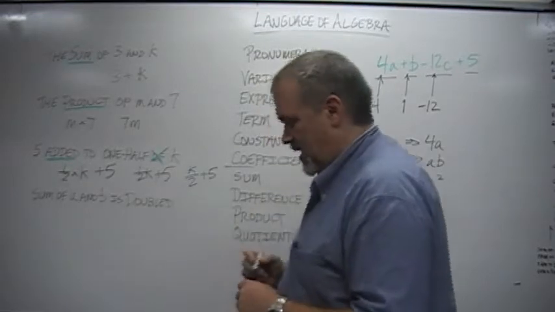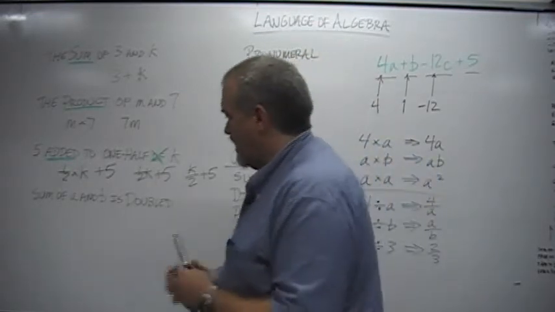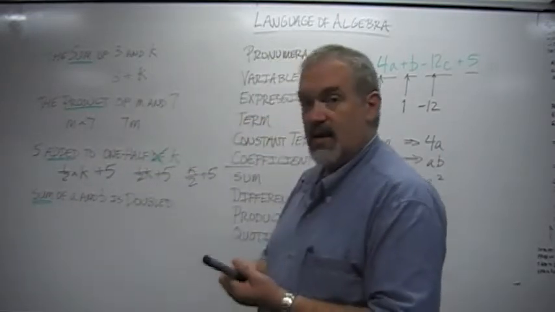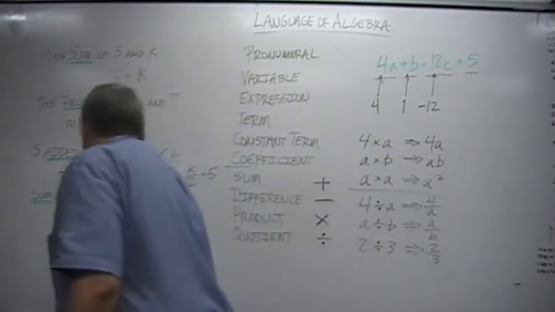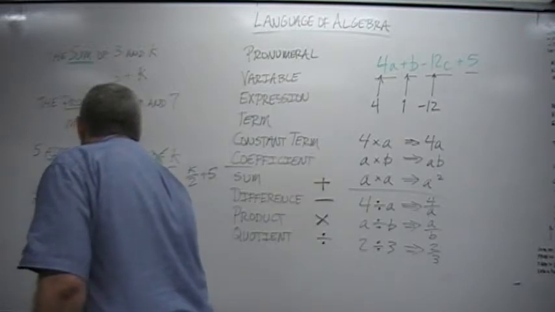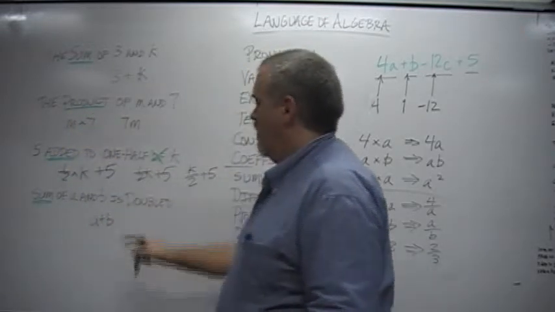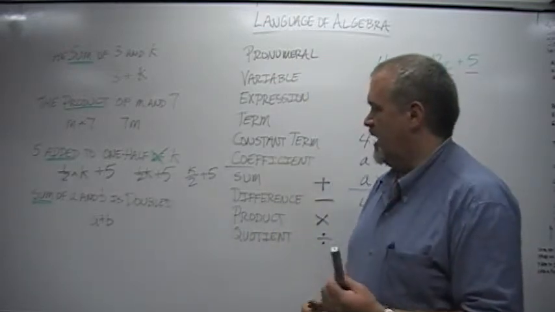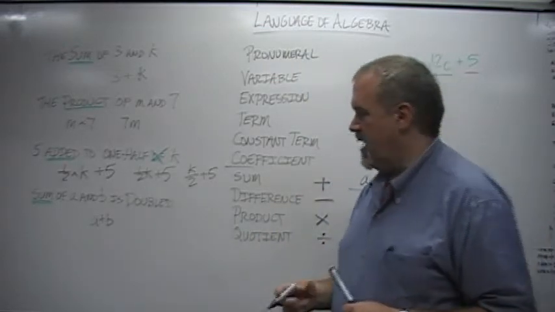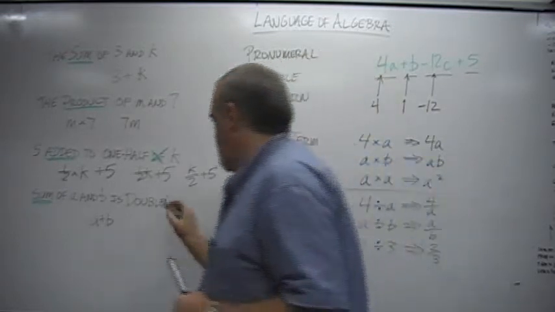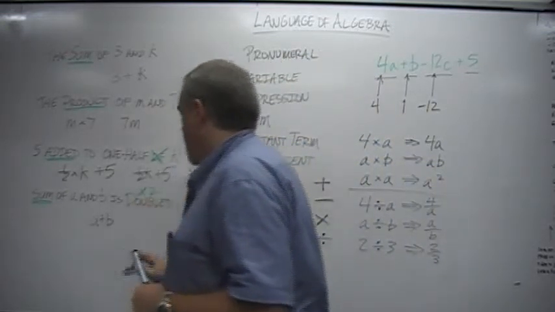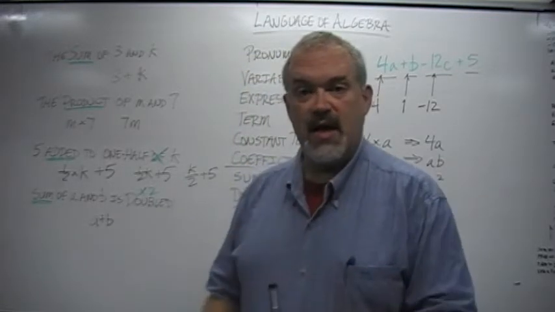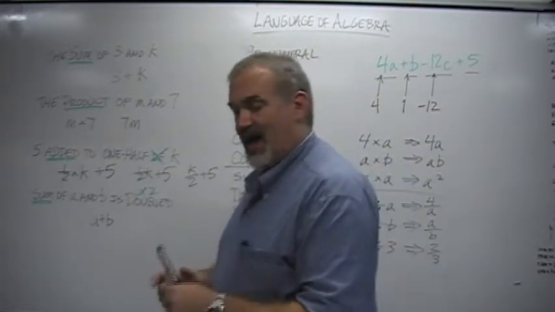The last example here, and we have one of our magic words again, sum. The sum of A and B. So we need A plus B. Now, we also have this phrase on the end, is doubled. That's sort of a casual way of saying what? What is doubled means? It means multiply by 2. So I need to multiply A and B times 2, and not just A, not just B, but the whole thing. So I have to put brackets in,